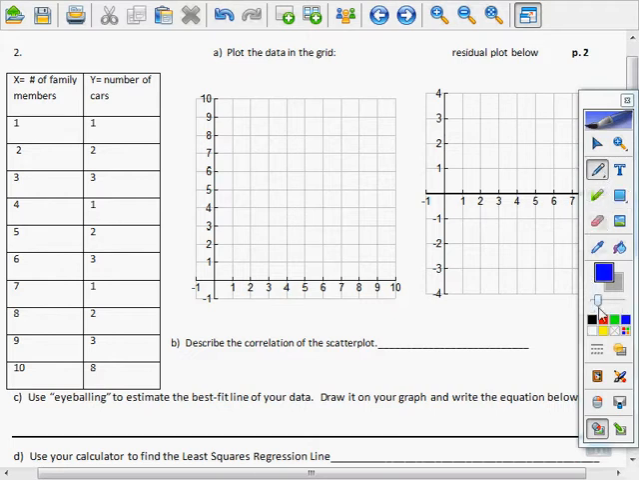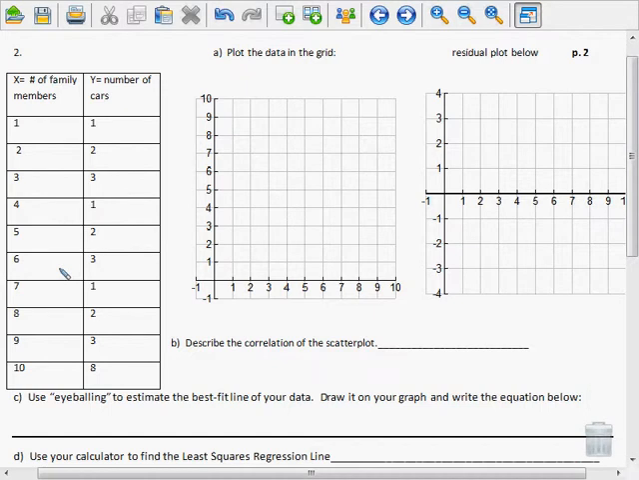All right, I am going to spend some time talking about the back of the sheet of paper that is your homework tonight. So your homework tonight is problem number 1. I am showing you how to do problem number 2, which is very similar to problem number 1. Okay? All right, so the first thing we need to do is we need to plot this data in a